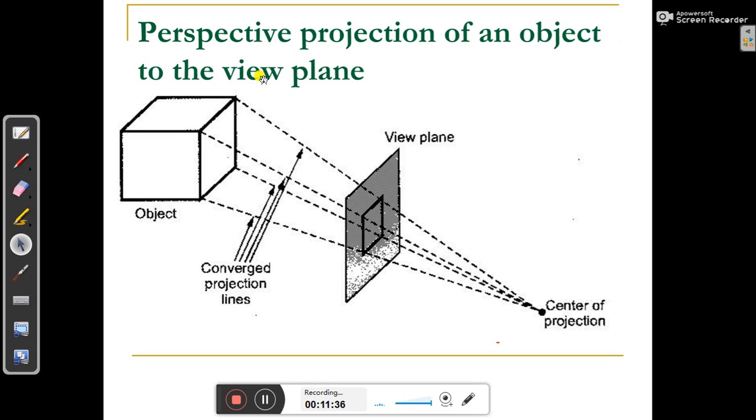So here you can see the perspective projection of an object to the view plane. There should be a center of projection, and in the case of perspective projection, we cannot keep the appropriate proportion of the original object, but in the case of parallel projection we can keep that, because we discard the z coordinate and only take the parallel view. But here we are taking the perspective view from the center of projection, which is crossing through the viewing plane,